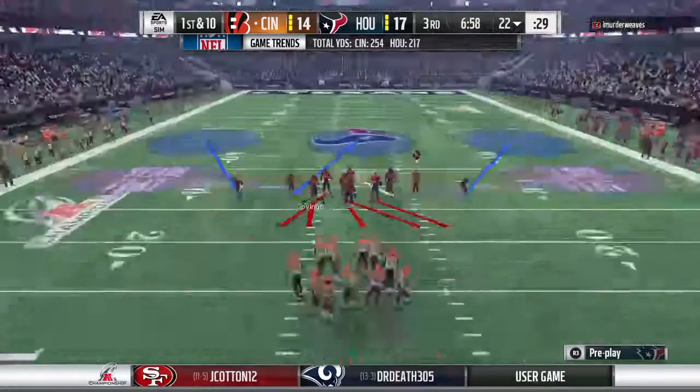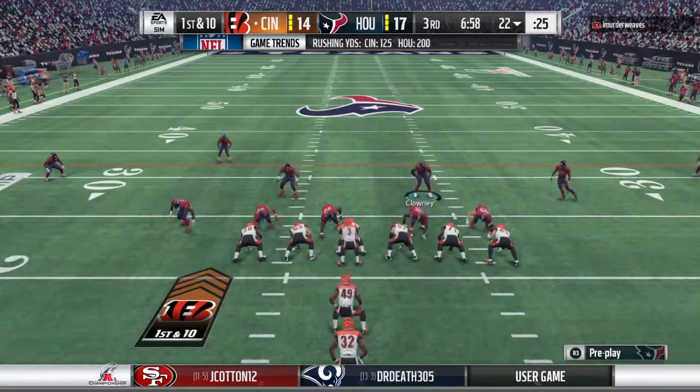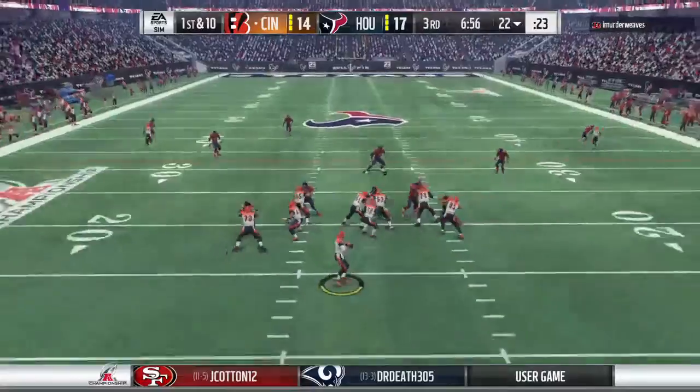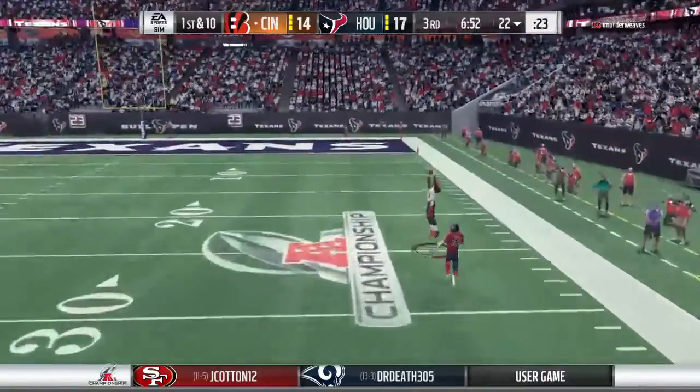I would guess in the locker room they talked about cleaning up some of the errors, but overall, I think they wanted to be positive with them. Guys, we're right there. Just not playing as well as we need to. Let's pick it up, and we still have a chance to win this game. Yeah, they do. We'll see if they...